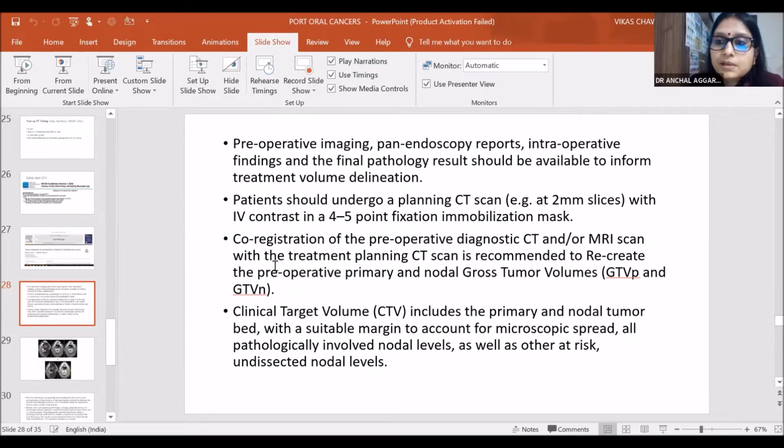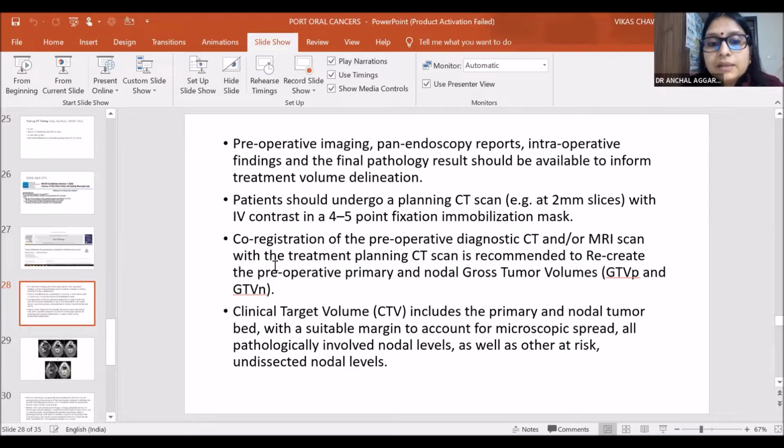Then we co-register your pre-operative diagnostic CT scans or MRI scans with the treatment planning CT scan to recreate the pre-operative tumor and the nodal gross tumor volume. So all the pre-operative findings, scan reports, your intra-op findings and final pathology reports are very, very important. So every file should have all those reports available. Then once we recreate the gross tumor volume, then we